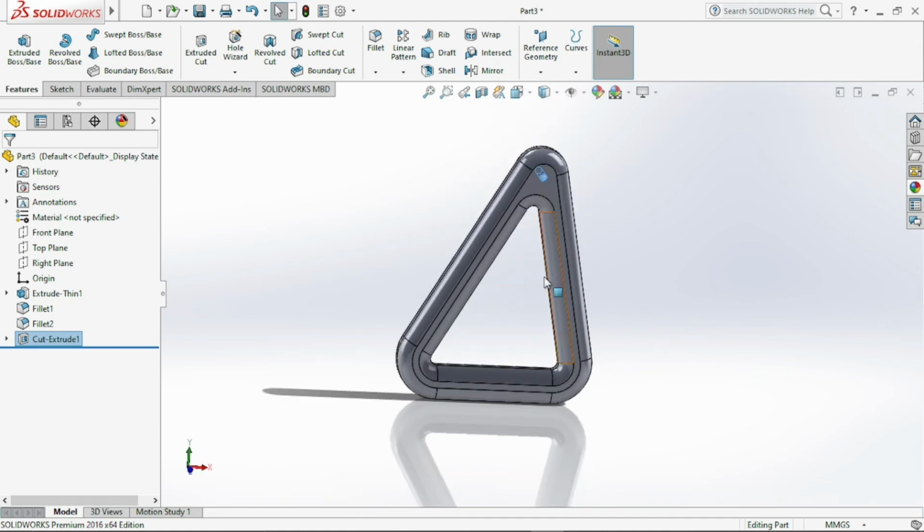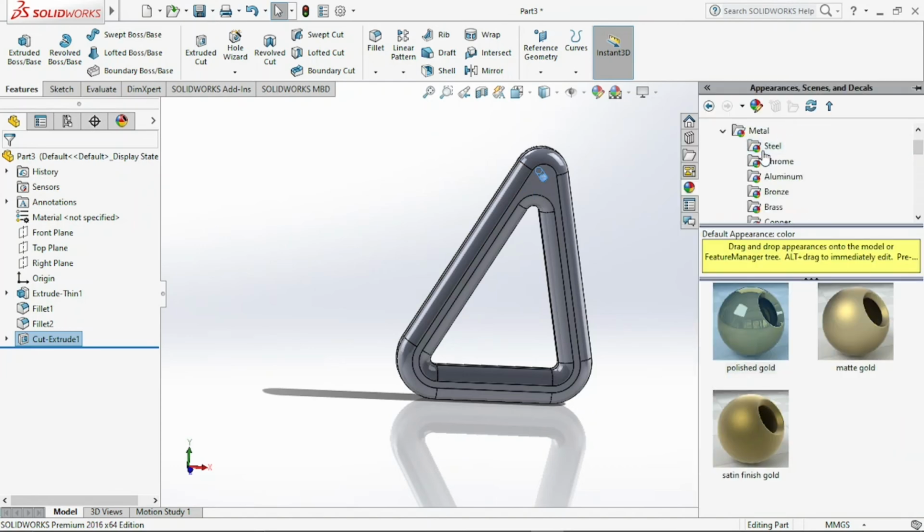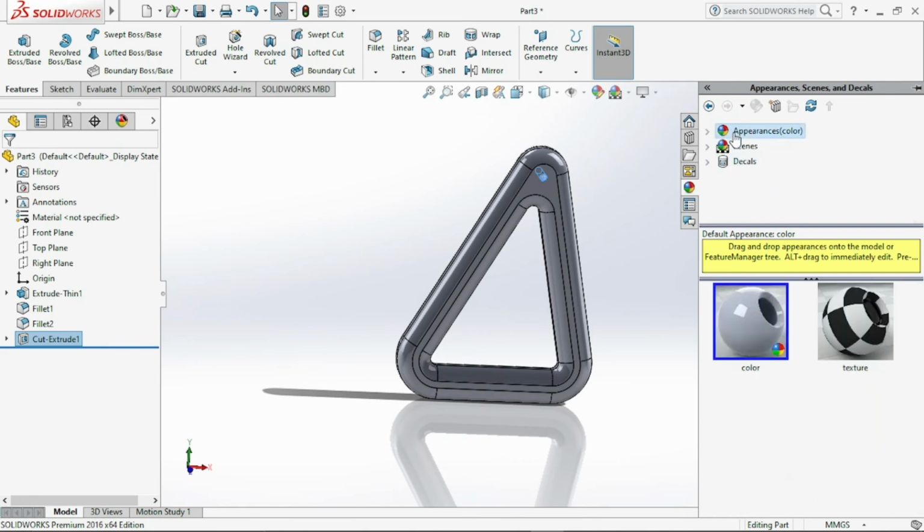Now we have to give the golden appearance. To do that, go to appearances, and you have these three options basically.